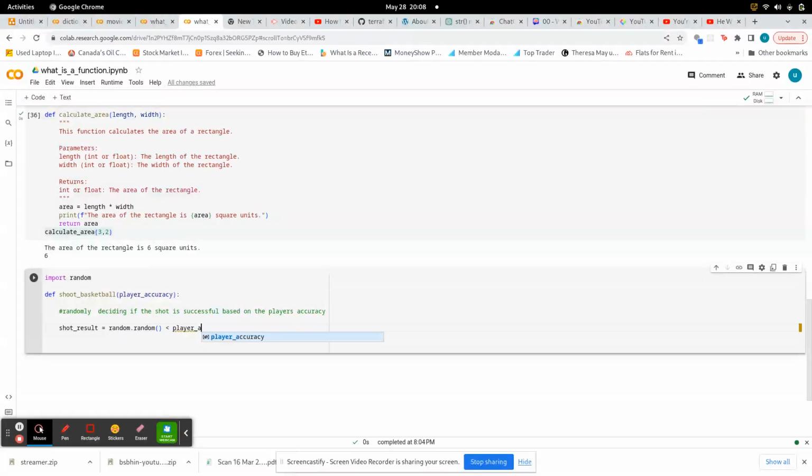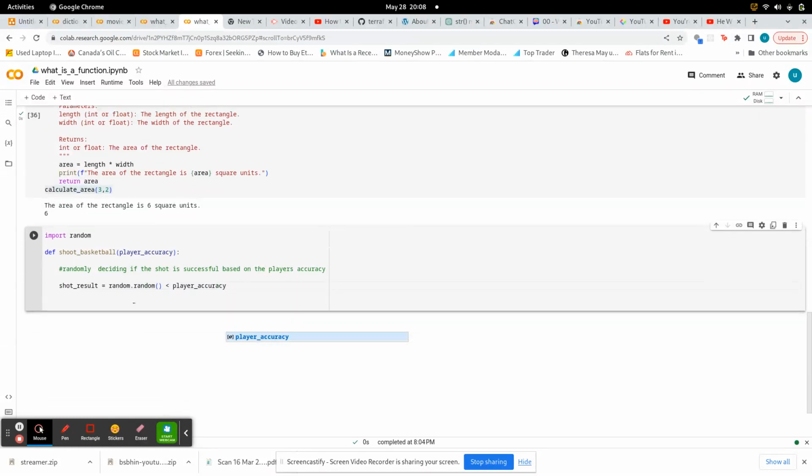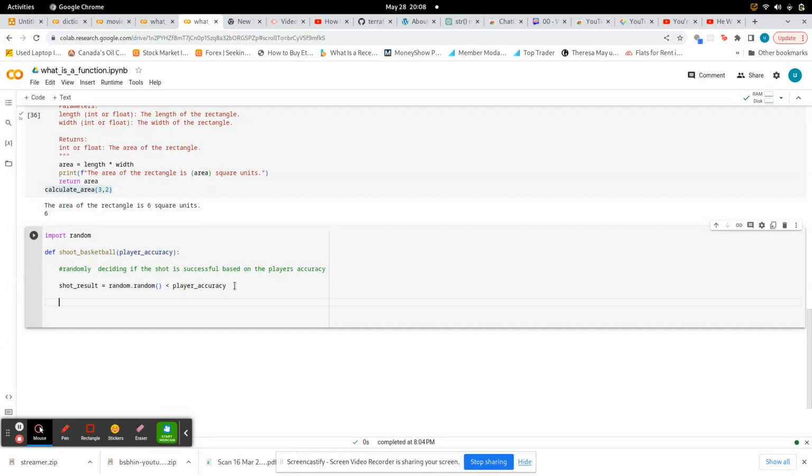So right now I'm executing random numbers, and I have my comparison operator where it's less than the player accuracy, and I'm going to create a conditional statement, an if else statement. So if shot result,